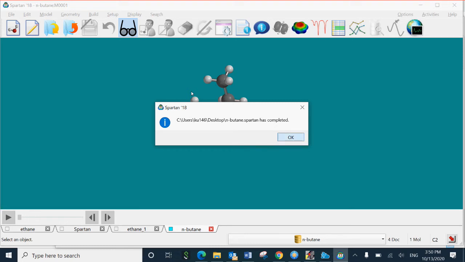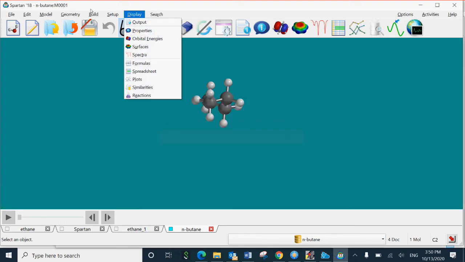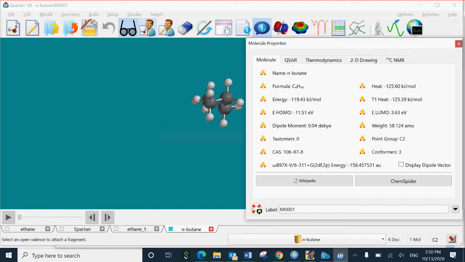Once it's completed, you can go to the display menu and click on properties and record the energy value. In this case it is minus 119.43 kilojoules per mole. You can take a screen grab and attach it in your report. So this is the energy of gauche butane.